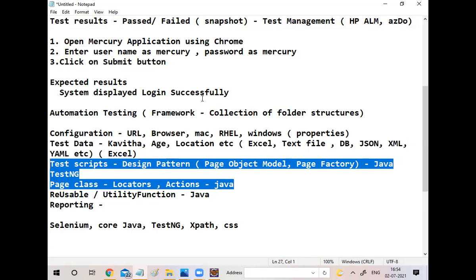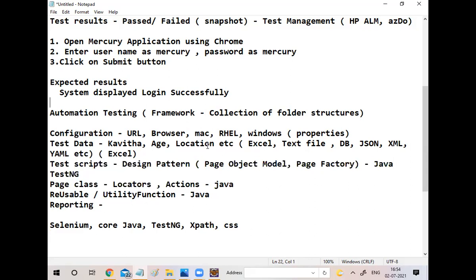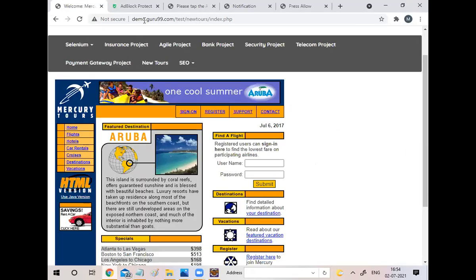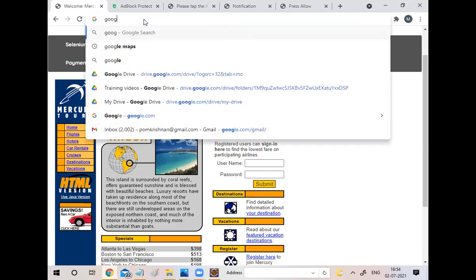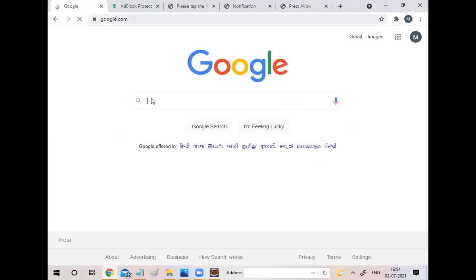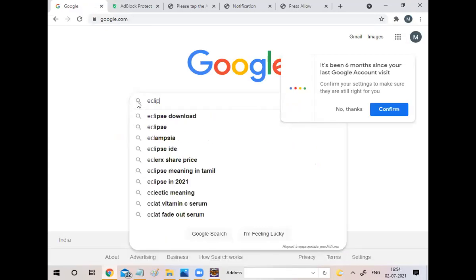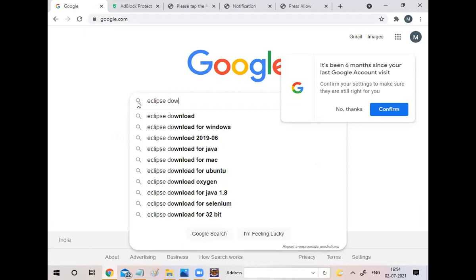So tomorrow, what are we going to do? Please download Eclipse on your system. Just go to Google.com and type Eclipse download.